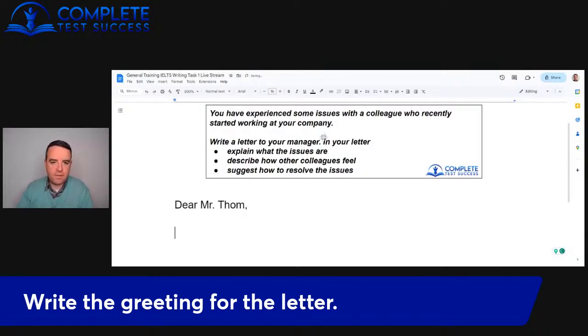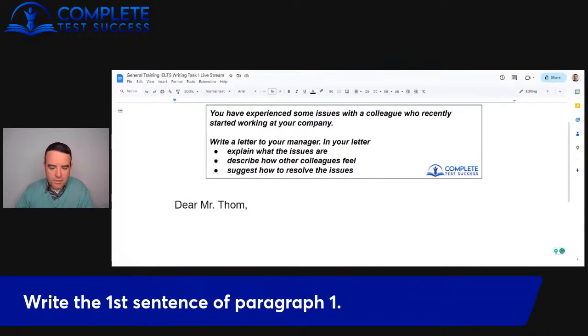and our first paragraph is responding to the first prompt. The prompt says, explain what the issues are. So that is our next goal. What I want you to do first is write the first sentence of paragraph 1. If you've been to my live streams or you've watched my recorded lessons on YouTube already, you'll know that I want all of my students to respond with a direct answer to that question in the first sentence. Instead of saying there are many problems that I want to talk about, say exactly what the problems are,